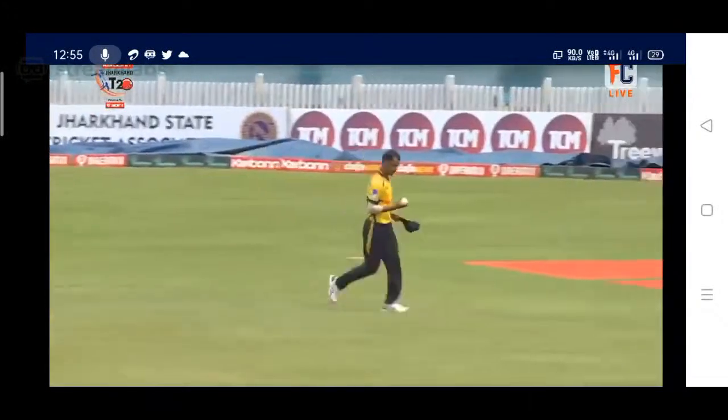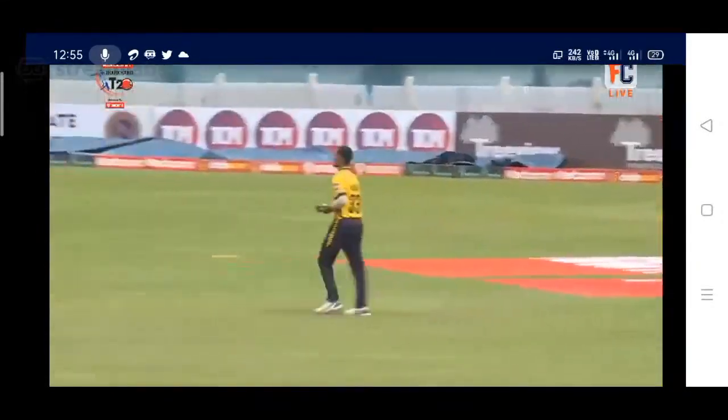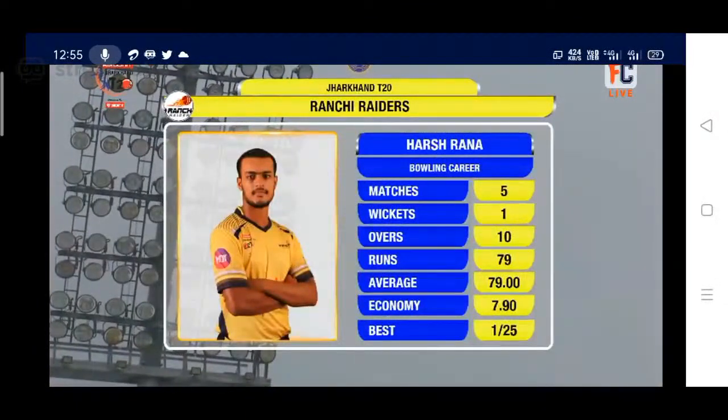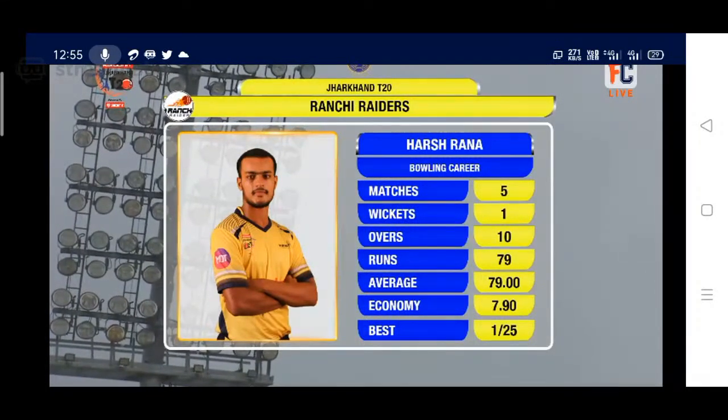If Dumka loses, which I think they will, they'll be losing with a huge margin. And that would give Ranchi an advantage for the net run rate there. And Harsh Rana coming in to bowl his second over for Ranchi Raiders here.